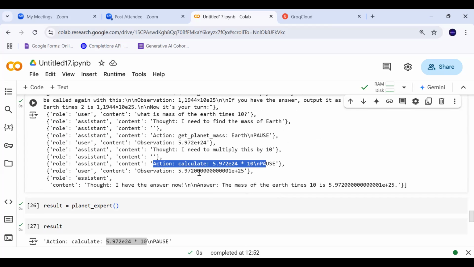But by coding, if I can read that the output from my LLM is the name of an action, and then there is a pause, this pause basically tells the LLM that it has to wait for another operation before proceeding. Okay, but we still need one more loop, since we did not finalize the answer, the final answer. So pause.